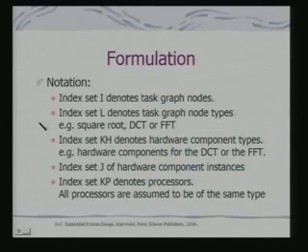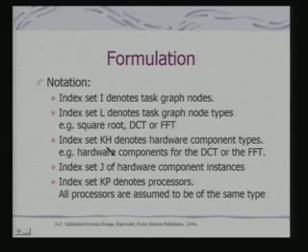So, let us look at a formulation because that is the more interesting part of it. The index set I denotes task graph nodes because I have to deal with task graph nodes. Index set L will denote the task graph node types, that is depending on the type of computation, say DCT, square root, FFT, different kinds of computations.